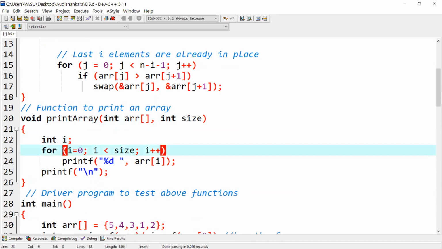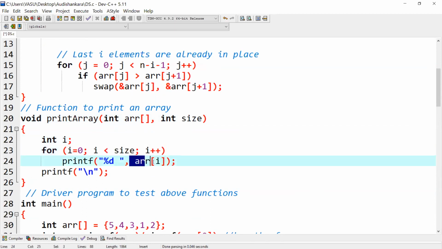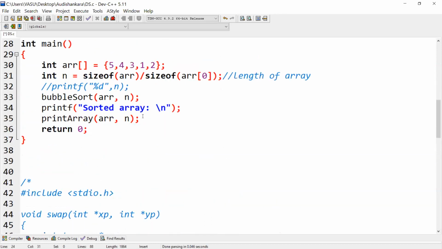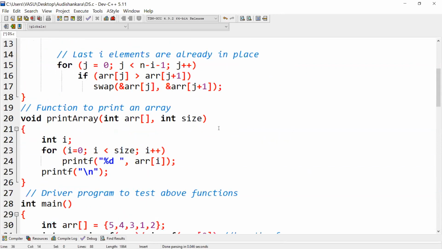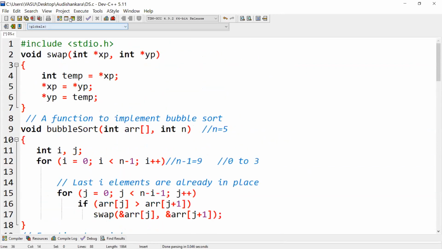And I am just writing a for loop. Inside that for loop, I am printing the values one by one. I am just incrementing this index from 0 to n, means I am traversing the array and printing all the elements. Once I'm done with this, I'll come back to where I left and end the program. So this is how my code is going to work.